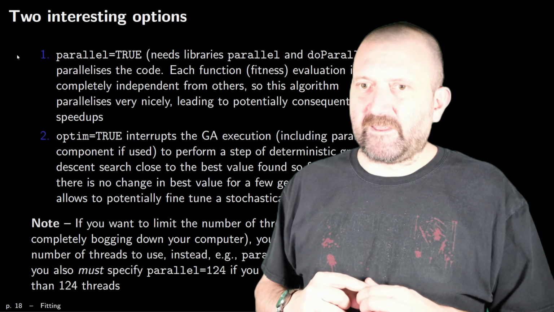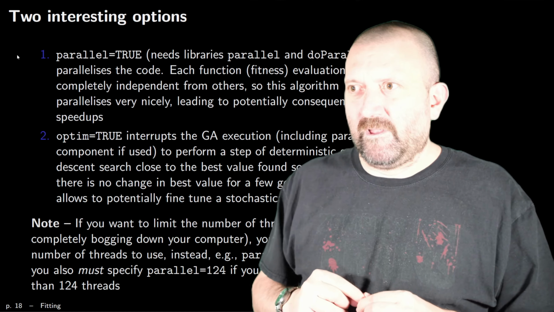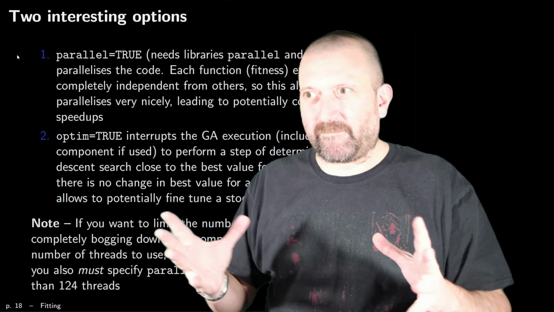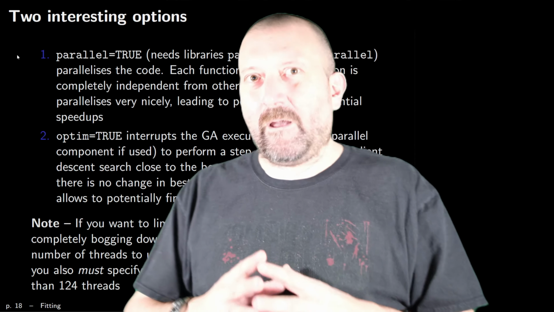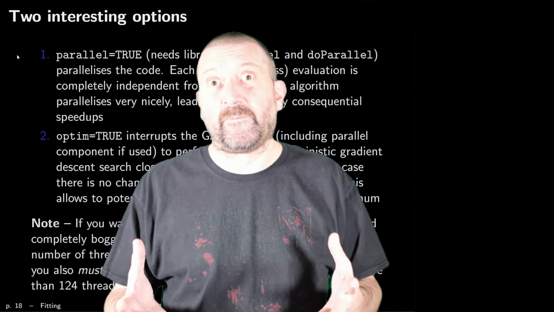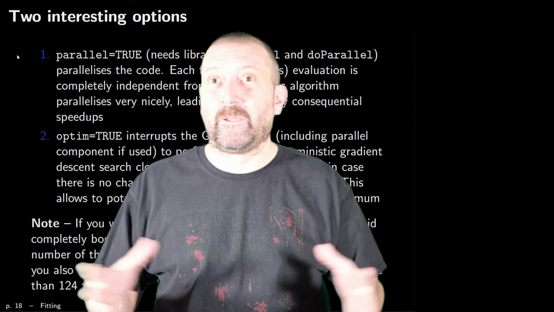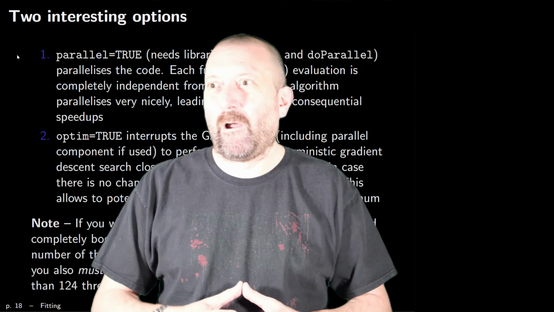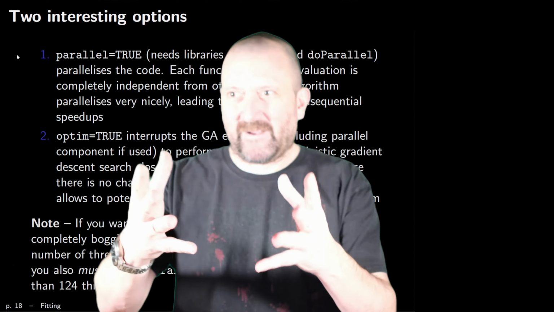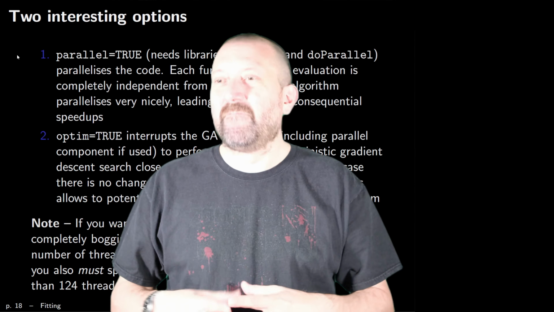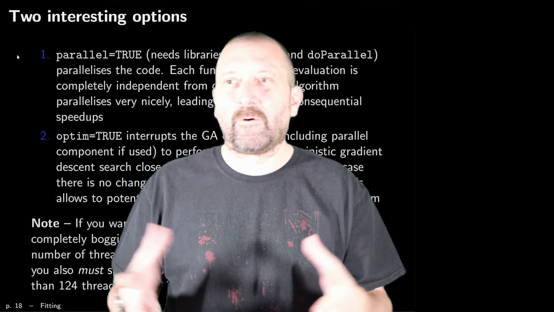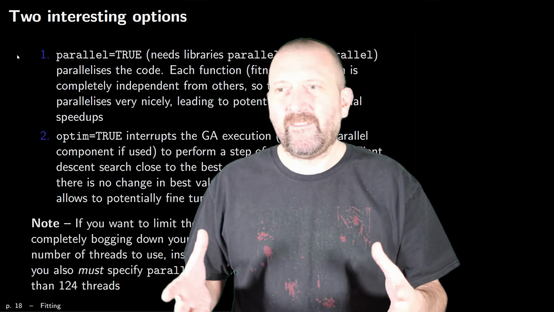The other option that's quite nice here is optim equals true. So this actually is a bit the other way around. So I'm not going to detail here at all the type of algorithms that do optimization. It's an entire field. It's a very vibrant and active field of research. But essentially, that technique that I'm showing you is what's called a stochastic optimization routine. There are also deterministic optimization routines. The best well known is typically what's called gradient descent, where